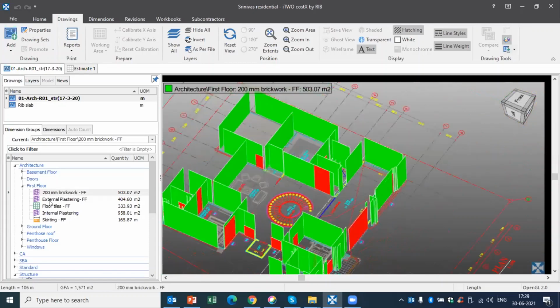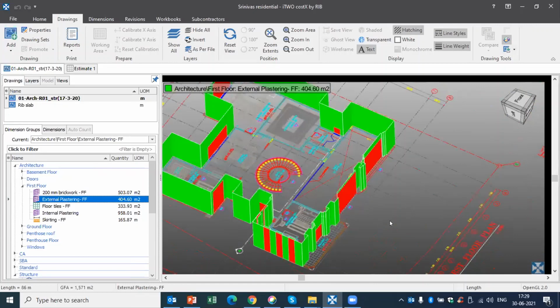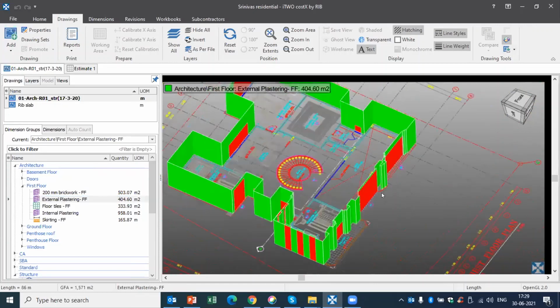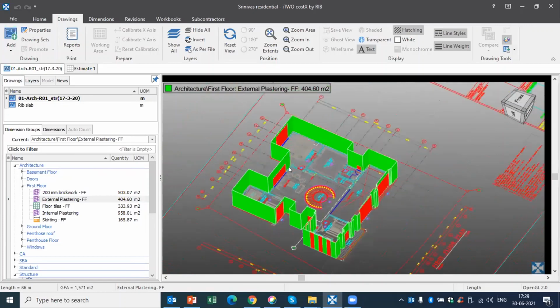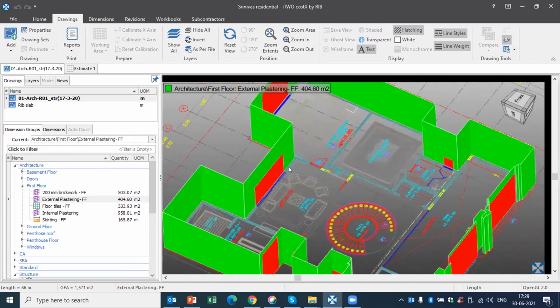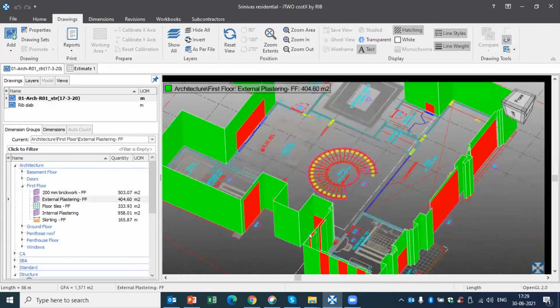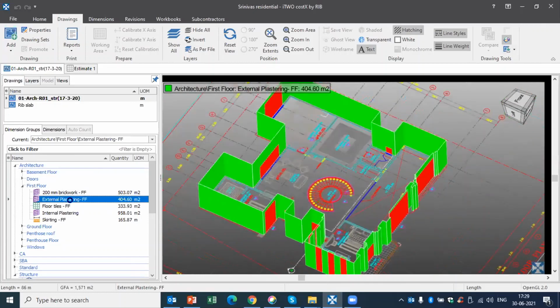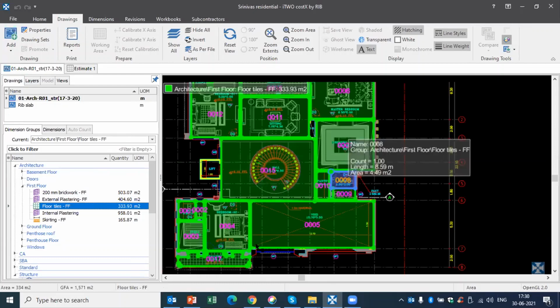The same way, I have calculated external plastering by applying the formula. The plastering formula is nothing but length into height. You can see the plastering quantity. This 3D view is actually not just for viewing. It also helps you in cross checking the quantity, whether all the walls have been quantified and all the areas have been included under plaster or not. This is how you can use your 3D view in addition to just having a view of your project.